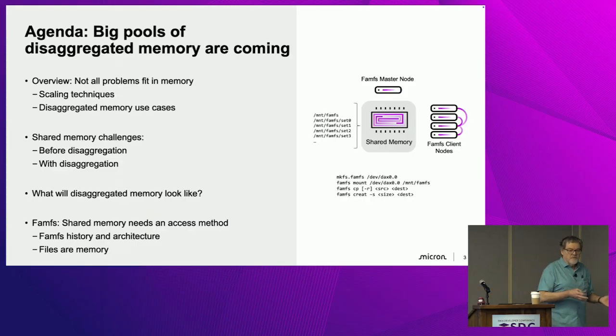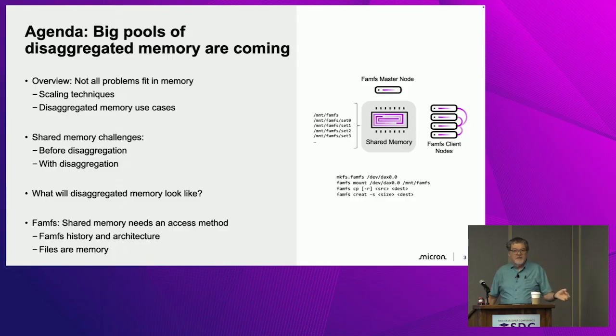You can provision some, add it as system RAM for a host, and then just use it as system RAM. That's the not shareable case. The one that I think is interesting and is looking really promising is putting data sets in the shared memory and actually sharing them. And so what I'm going to go over here is a